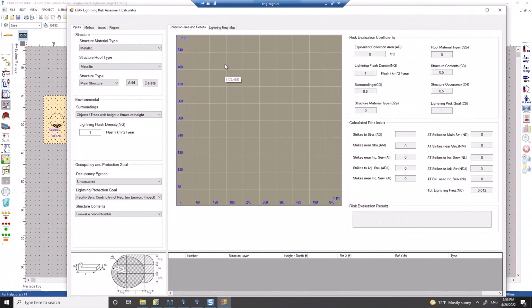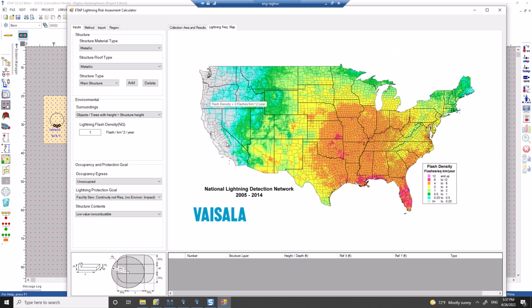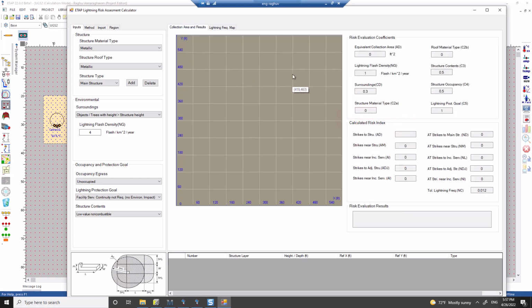The lightning risk tool evaluates the existence of an actual risk based on the lightning frequency map provided by the standard and also the corresponding flash density available at particular locations. For example, the tooltip here gives us the overall big picture of having different flash densities per year and helps us create the structure that is required to perform the corresponding lightning risk